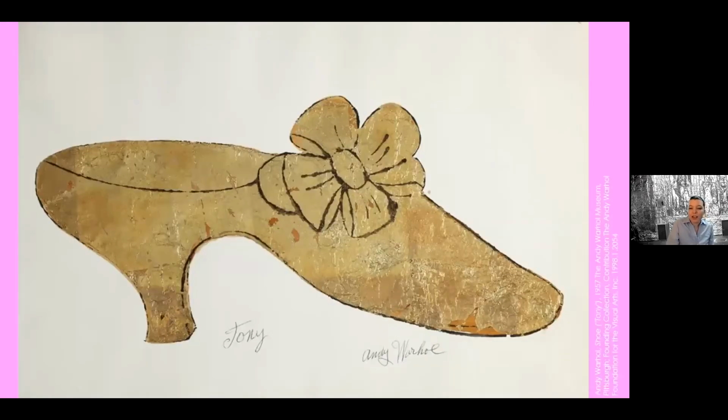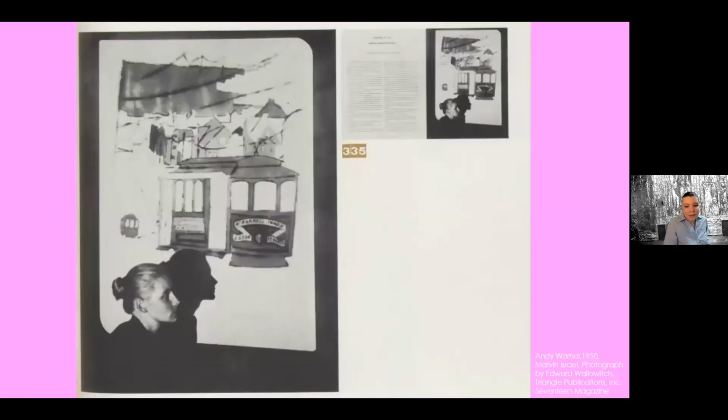We also have an unused Crazy Golden Slipper. We have this golden shoe drawing in our collection that didn't make it into the Life magazine spread, and it's named after someone named Tony. So I'm not sure if it's Tony Curtis or Tony Bennett. My guess is Tony Bennett, who was a little bit more famous than Tony Curtis at this point, because Tony Curtis didn't become super famous until the end of 1957. But anyway,